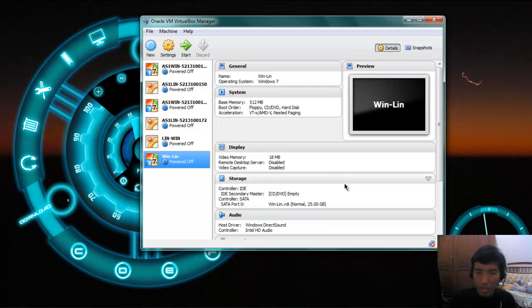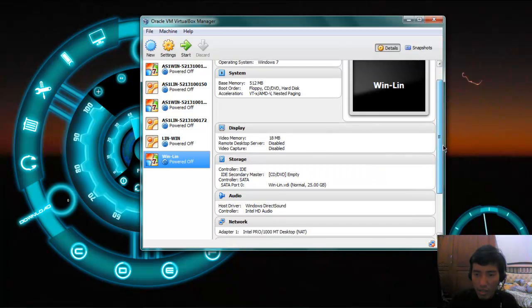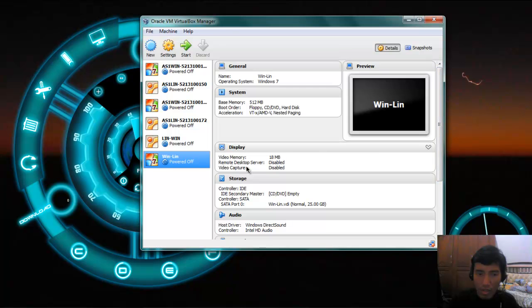but for your information, the Windows system takes around 5 gigs, and Linux takes around 2 gigs for only the system. So it's better that you add more than 15 gigs for dual booting, so it will increase. Now open the settings,